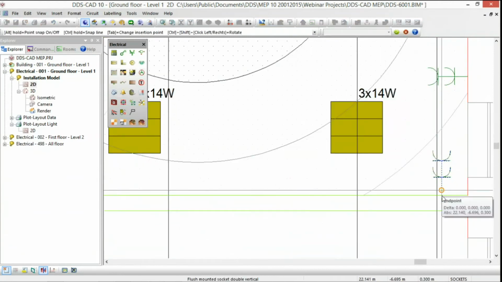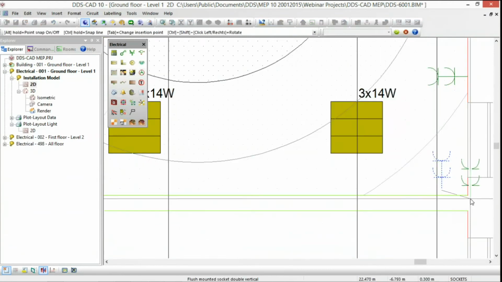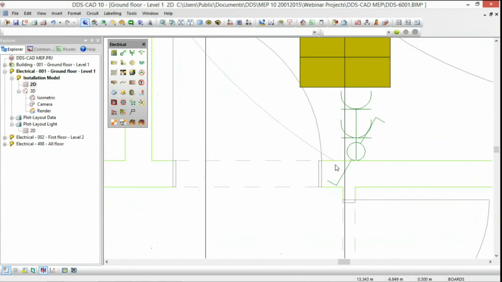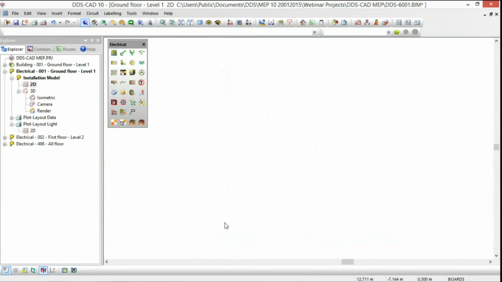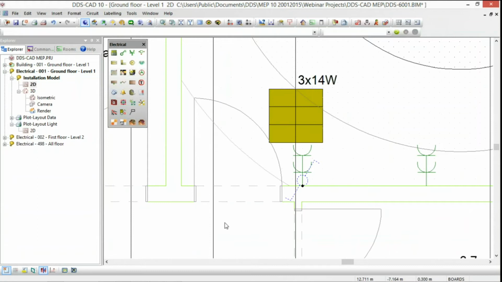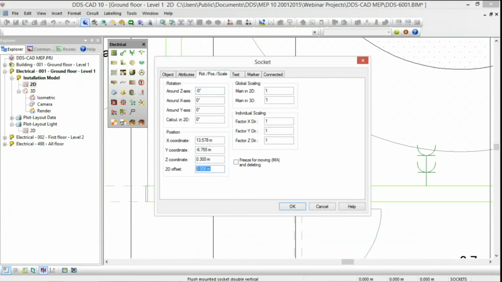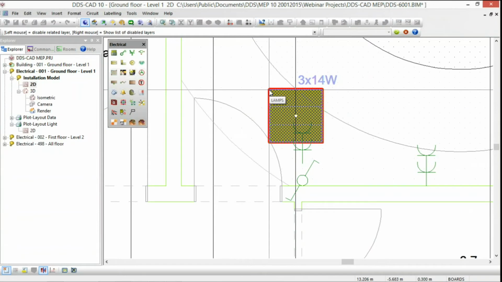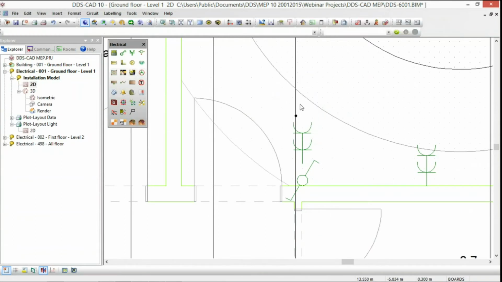This socket is in the same position as where my switch is located. So for my plan view, this will not be very clear. What I can do is tell the socket that I would like to use an offset of 25 centimeters, so that the symbol will be placed into a different position. So I will turn off